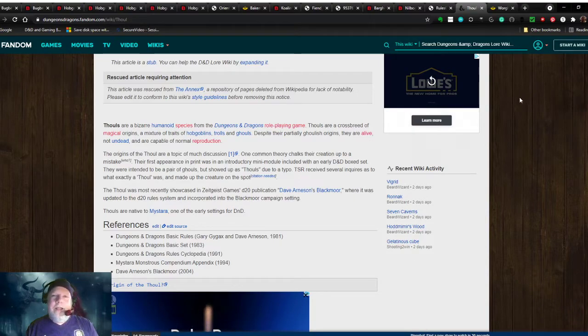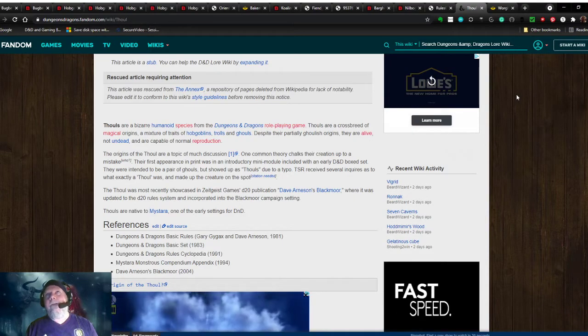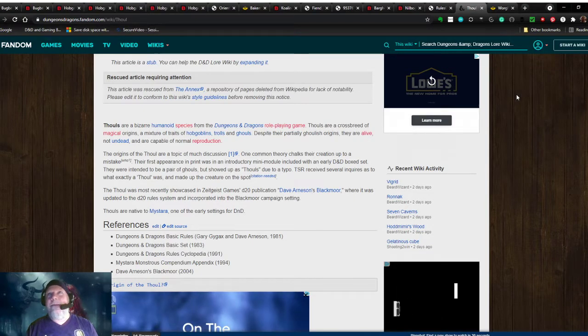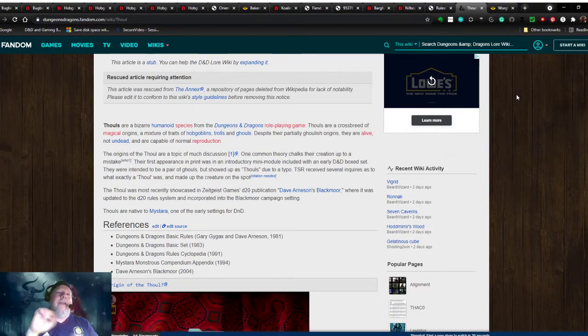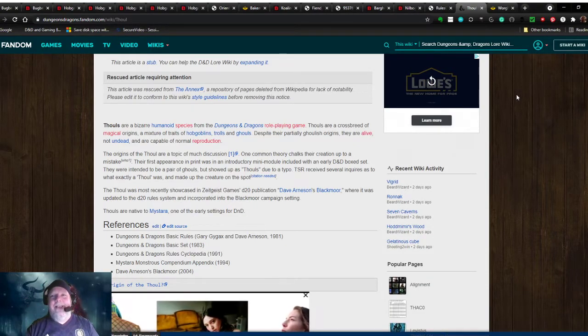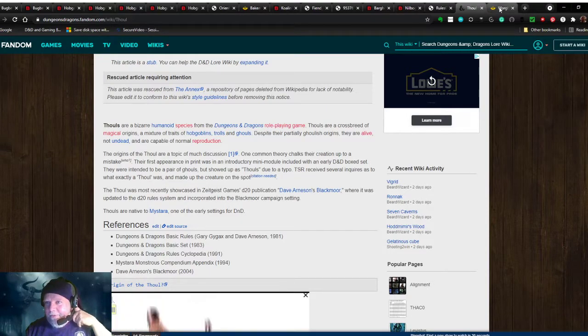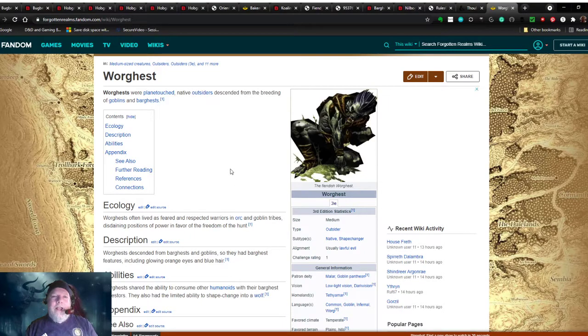Otherwise, you can do what I do, which is 3 hit dice. That'd probably be about a CR1 creature, and then just go through and find some appropriate CR1 humanoid, call it a Thule, give it the properties that it says it has, and be done with it. And otherwise, just use the stat block of an existing monster. All right, now,